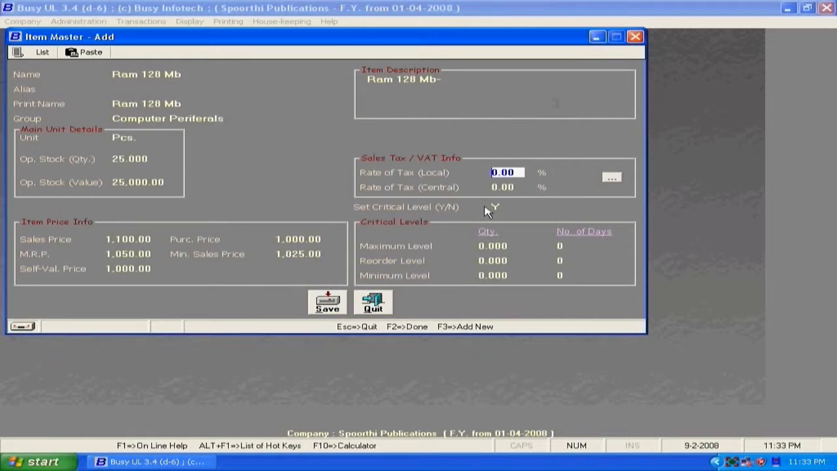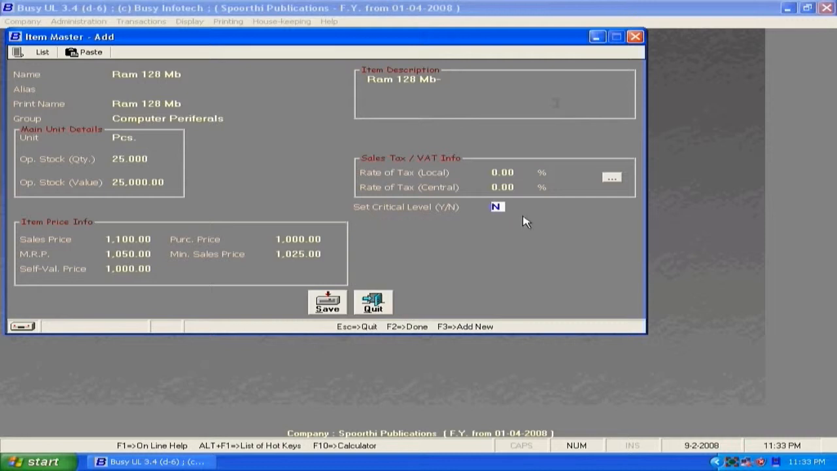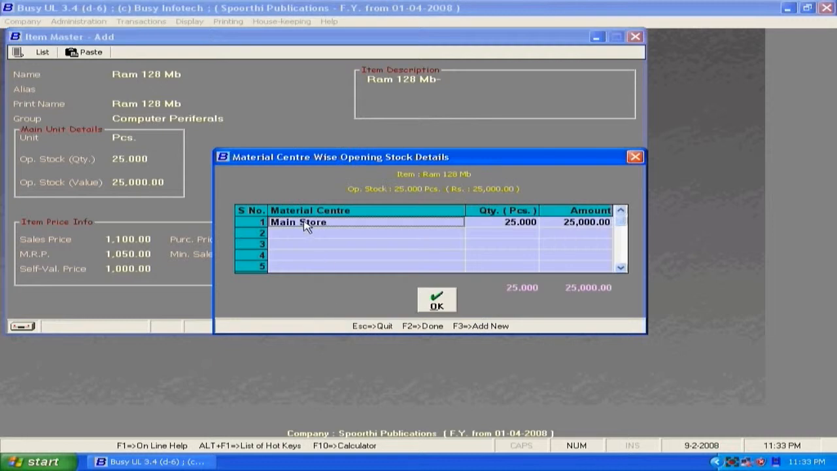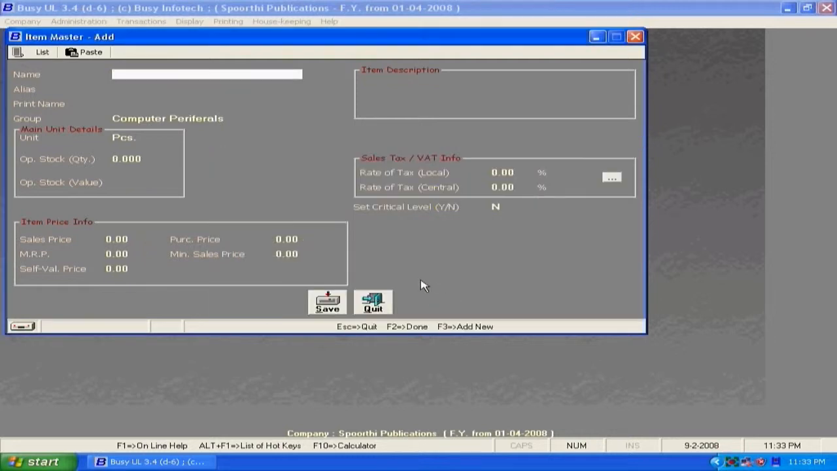Critical level. Critical level is related to inventory, which tells you the stock level. Material center, we may have more material centers such as godowns, main shop. Here by default main store is given and it is stored in main store. Let us create one more item. Here under group, you need to create item group master, unless you can't create other than those groups directly. First you need to create a group master, and later you can create as many items as you need under